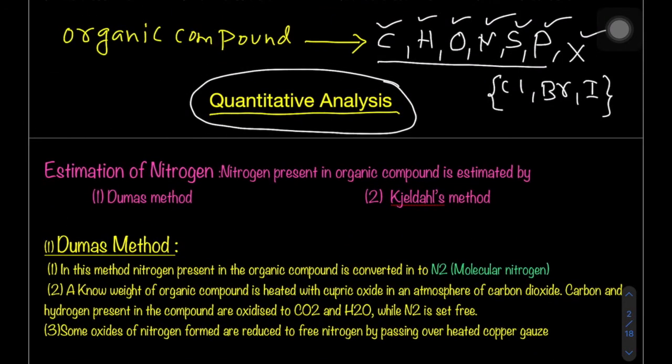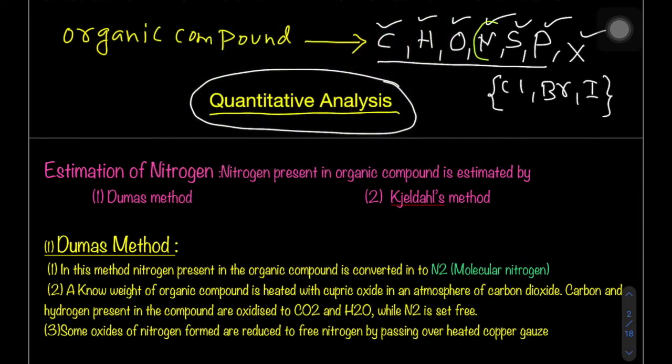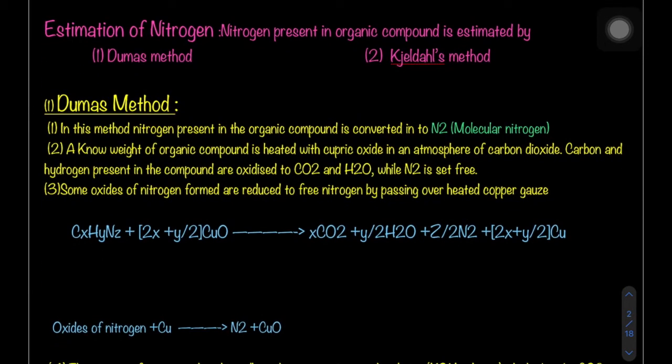Out of these elements, one important topic is the estimation of nitrogen. How to estimate nitrogen in the given organic compound is very important from the JEE point of view, even the NEET point of view. So first of all I am taking how to estimate nitrogen. After that we will discuss the other elements one by one. Now, come to estimation of